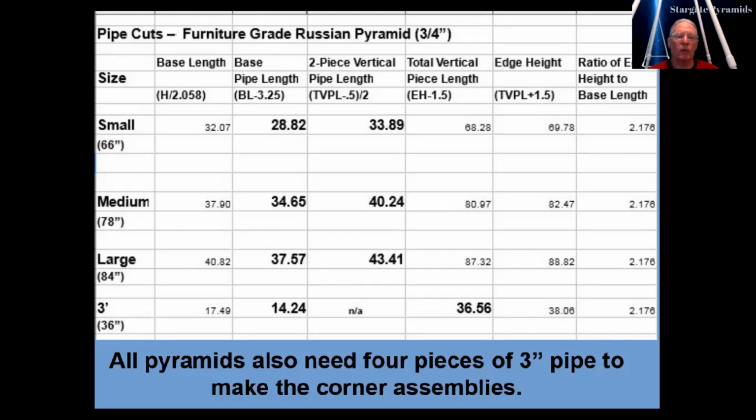Now it's going to be a little strange, but we're going to jump from that second column all the way over to the final column and talk about it for a second, which is the ratio of edge height to base length. Now the edge height means these vertical pieces. That's what we're talking about when we talk about edge height. And in all cases, just like the ratio of height to base length is 2.058, the ratio of edge height to base length is